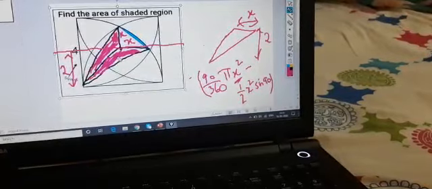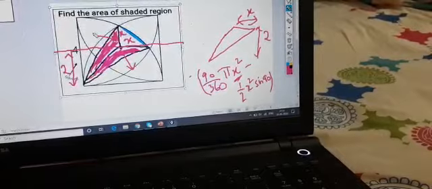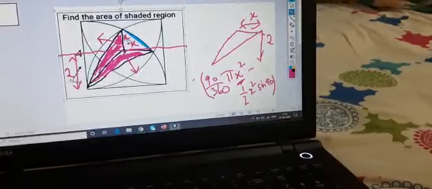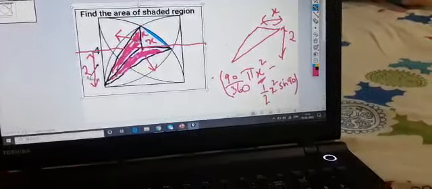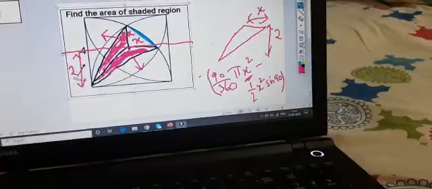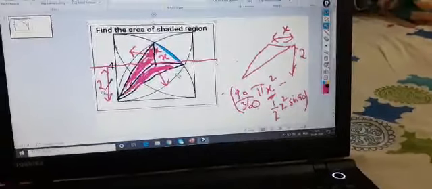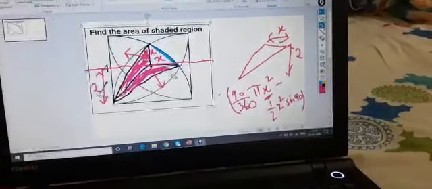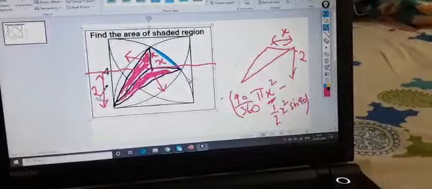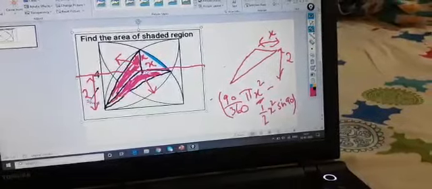So this is a very nice concept. You can also find out area of this part now, this part and this part, because you got a x here, and then you can find out this individual parts. So this was one concept which I wanted to show you. Just by extending this line, you can visualize how to find area of this triangle. So this was one thing which I wanted to show you. This is just an add-on to the problem, how to visualize and get area of things when there was nothing, there was no way we could find out, but again we got the area of this triangle.